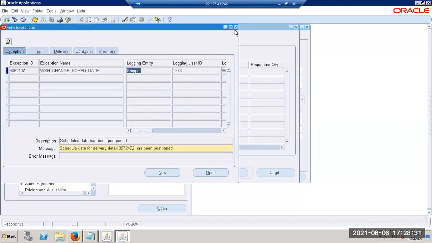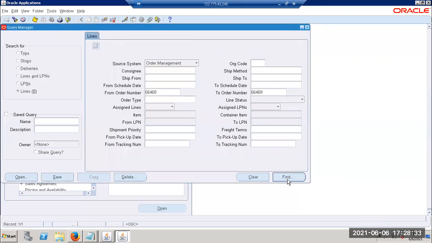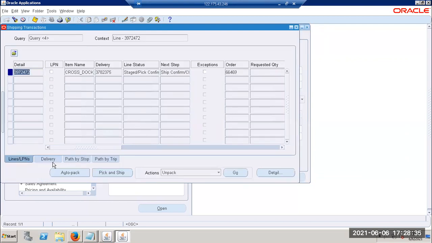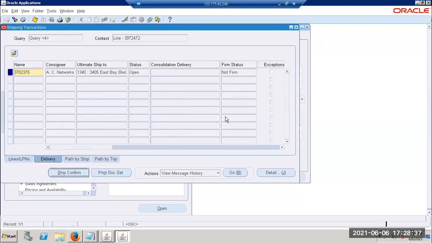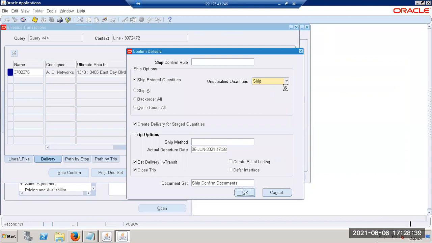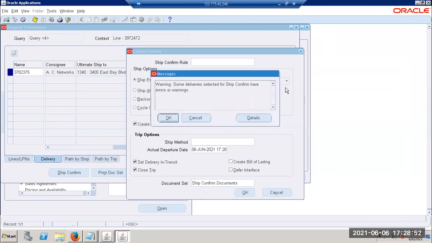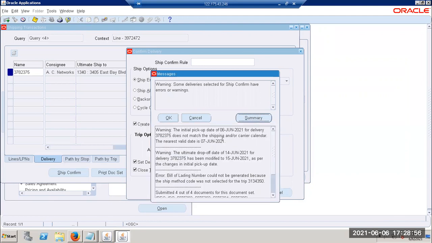Someone has run it. Perfect. You have removed the exception. I think it's working now. Carrier, no, that's fine.